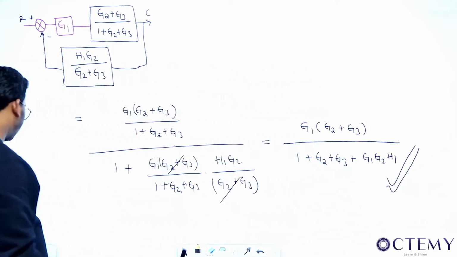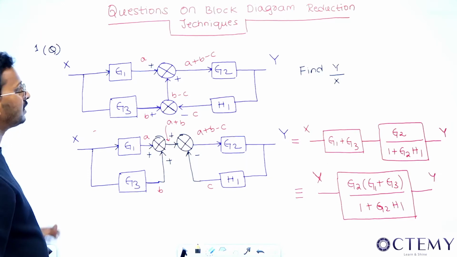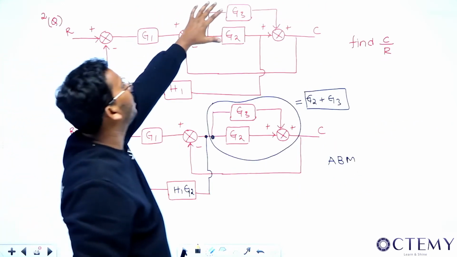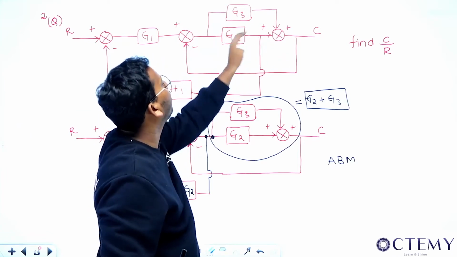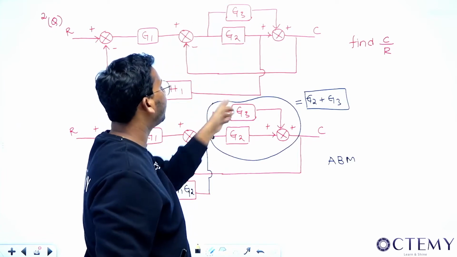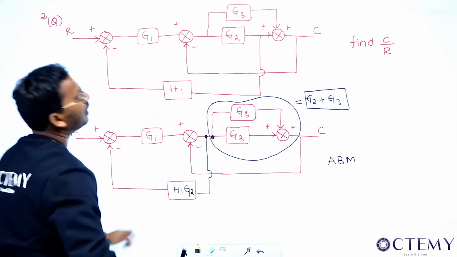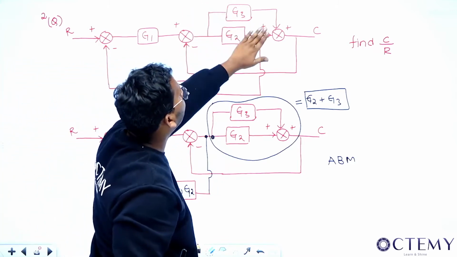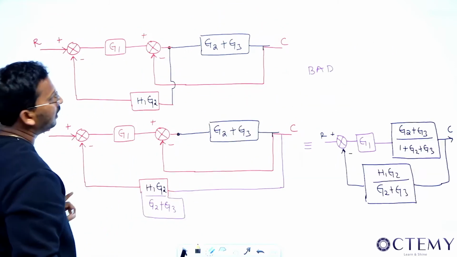So you will have to observe a lot of things, sir. First you will have to observe what is the easiest thing you can do. The easiest thing you can do is the summing. How did I do the summing? I could have shifted it here or here. Better shift it here, sir. So I have shifted it here, so I have done the summing. When you shift from here to here, this is after to before, so you are going to have to do multiplication. I did multiplication.